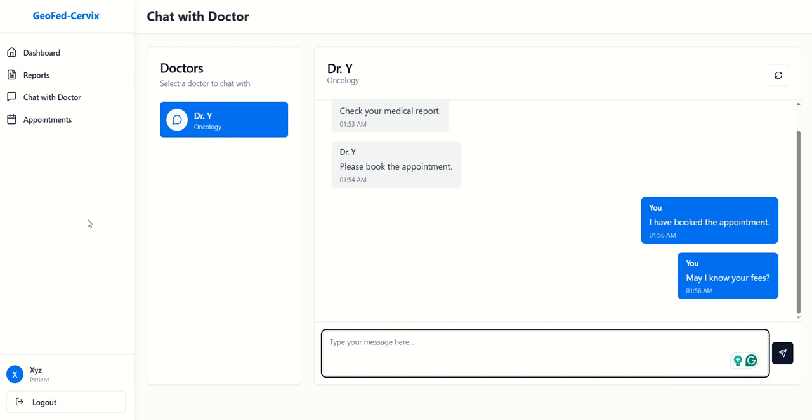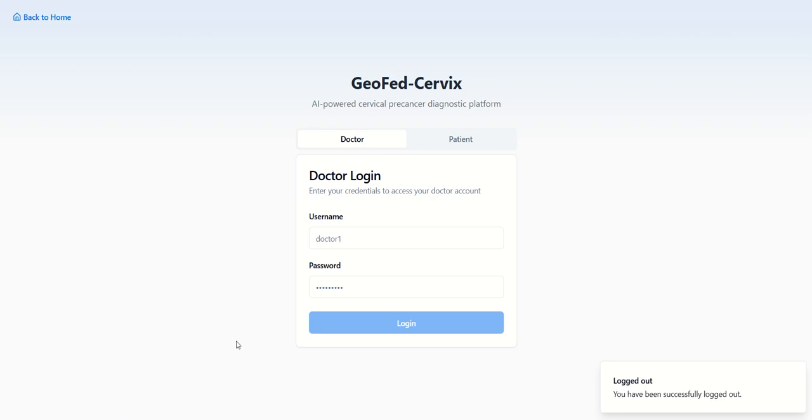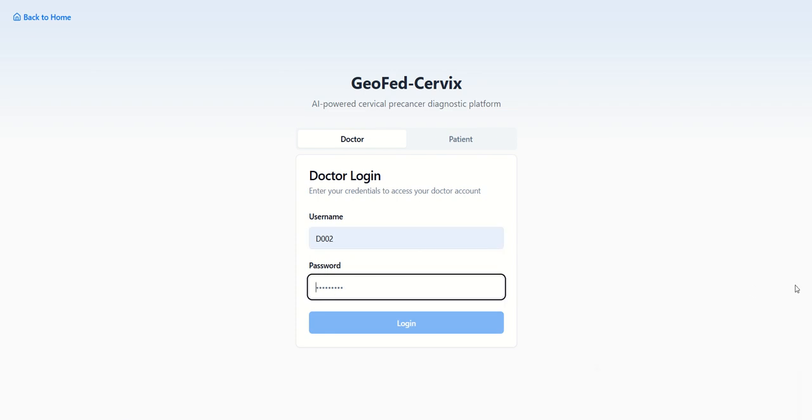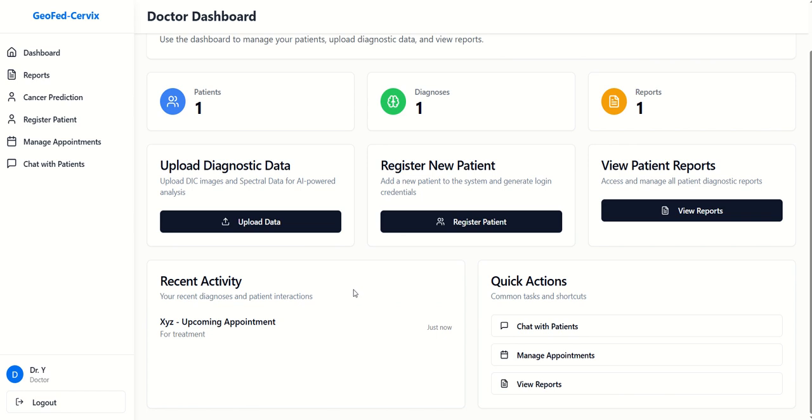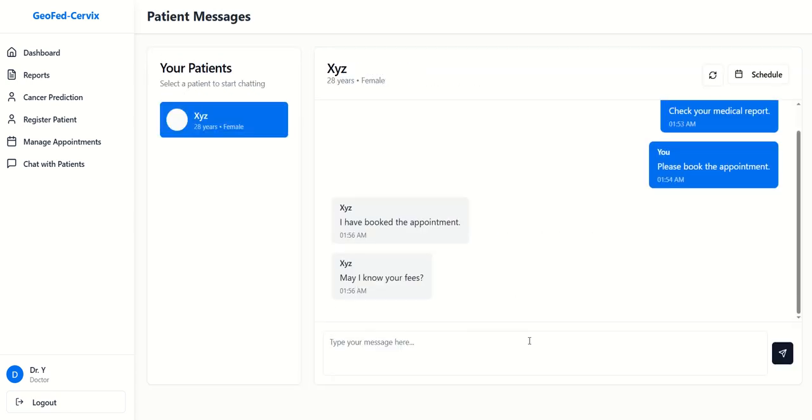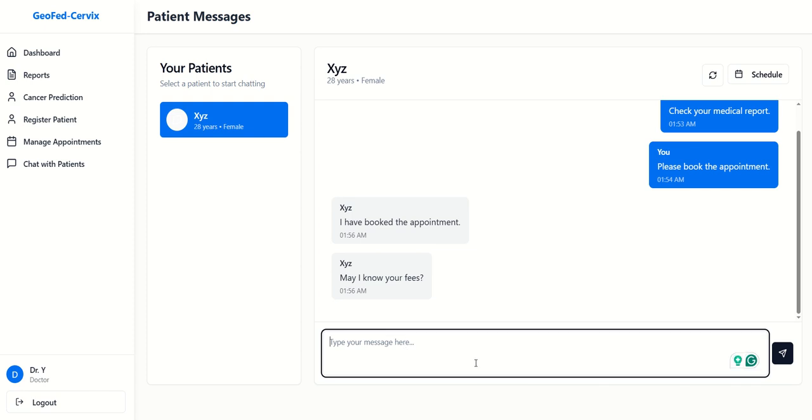So once it is done, the patient may log out of our system. Okay, now we can check how the doctor will respond to the queries. So that we are going to check now in this demonstration. With the corresponding user ID and password, the doctor is going back to his or her dashboard, and you can see the recent activity. It is showing the upcoming appointment, or, for example, the chat with patient quick action. He or she can click on it and